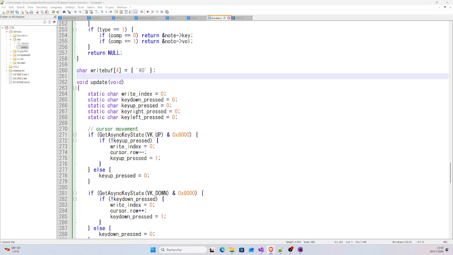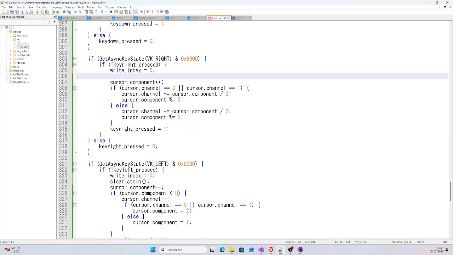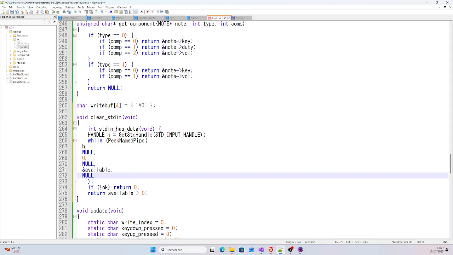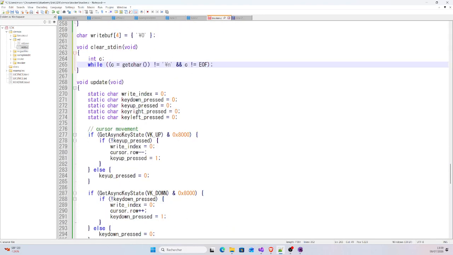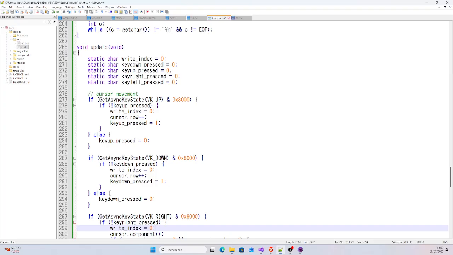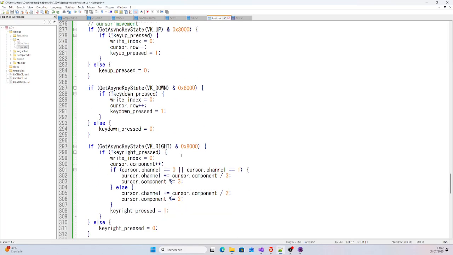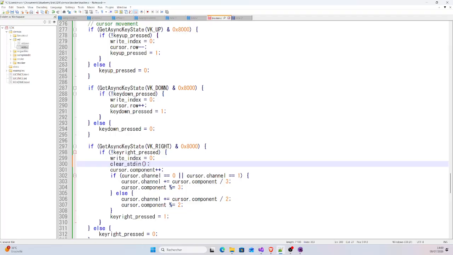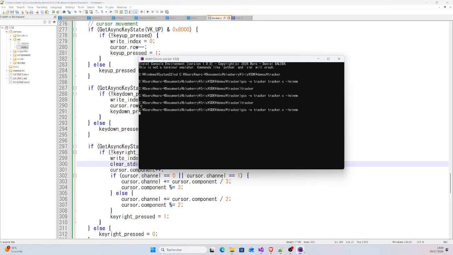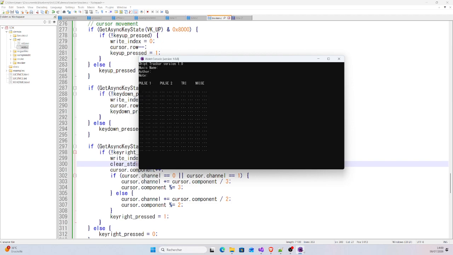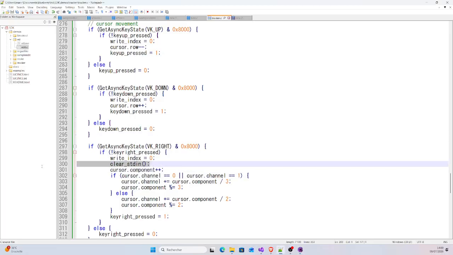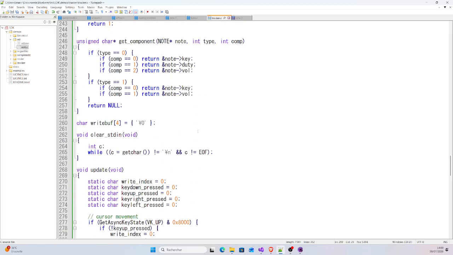Simply read data until you see line break or EOF, end of file. That's the first thing I tried. Why wouldn't it work? Like if I do this and go to the right, why wouldn't it work? So I guess